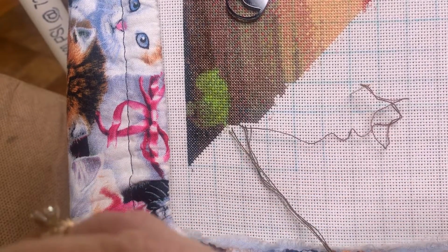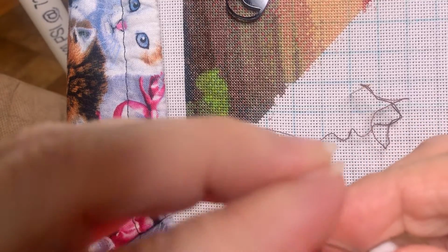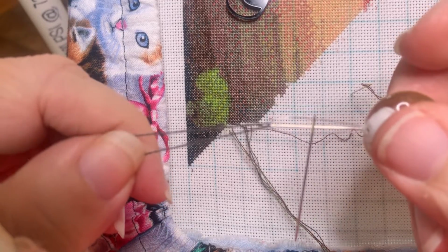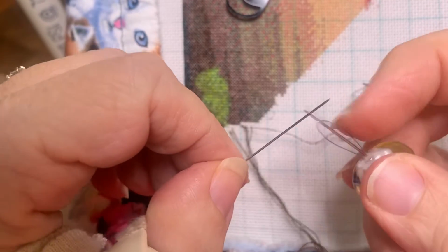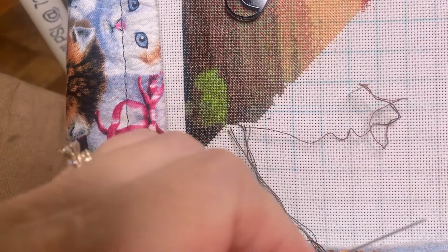Let me find a piece of thread here. Then you take your thread and put it through. I'm so used to working with these two fingers, I'm having a hard time not. Okay, you just thread it through the wire. Okay, is that focusing? There we go. And then grab a hold of the needle and just pull it through, and that threads your needle. So that's how you use these. Very simple. Just put this wire through the eye of your needle, put the thread through the wire, and then pull it through. So easy peasy,